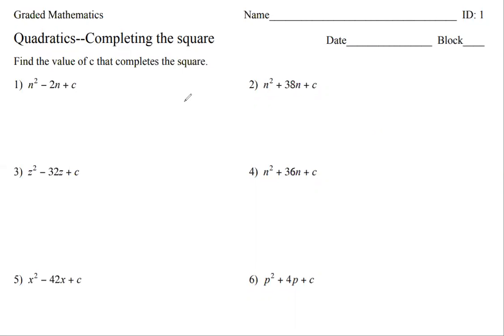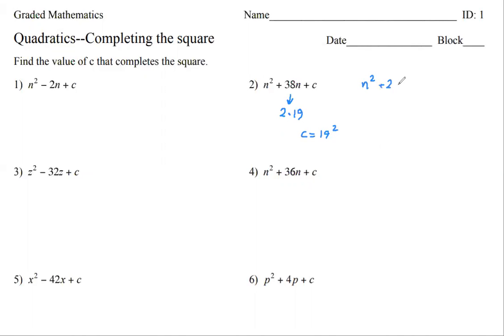Now we are doing the fourth learning objective. In this, we need to solve quadratics, find the value. Here we just need to find the value of c that completes the square. So this is first completing the square. Remember, for the perfect square trinomial, here you must divide by 2 and write 38 as 2 times 19, for example. So how do I know that's 19? Because I divided 38 by 2. Amazing. So 19, so c is going to be 19 squared, because the perfect square trinomial should be something like